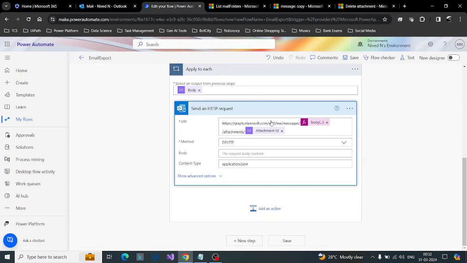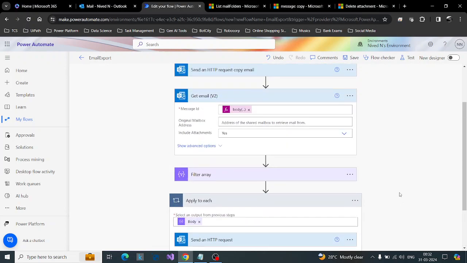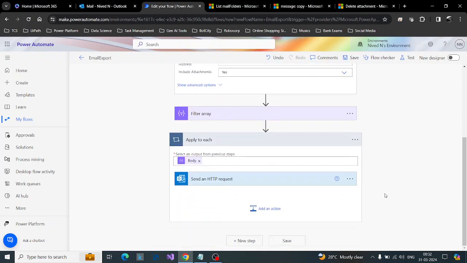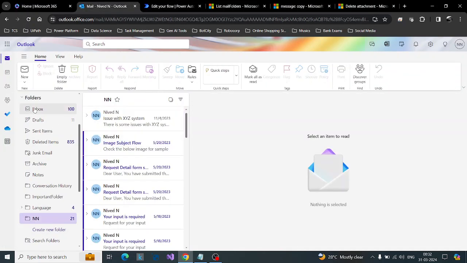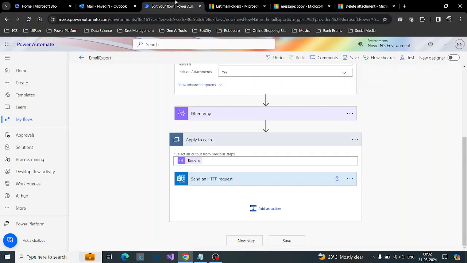So now what it will do is it will delete all the attachments present in that particular email. Once it is done, let's see how it works. Let me just make sure that I don't have that. Okay, so now what I will do is